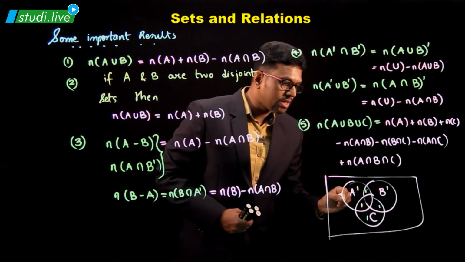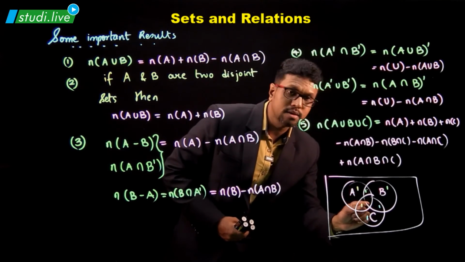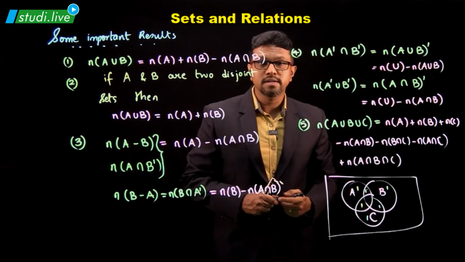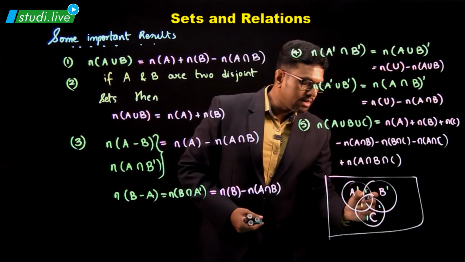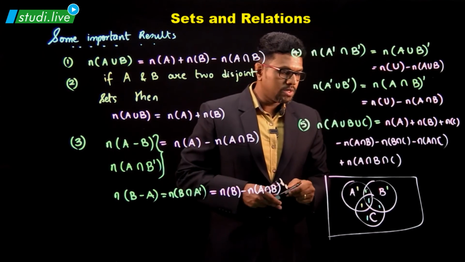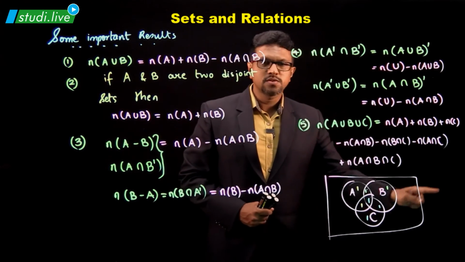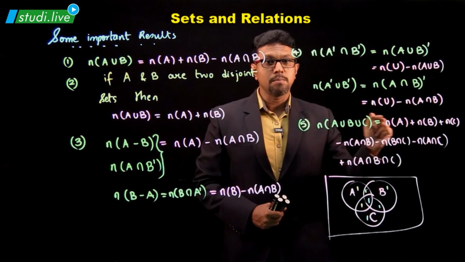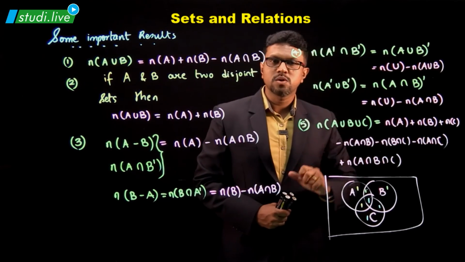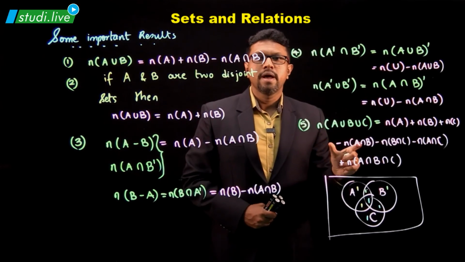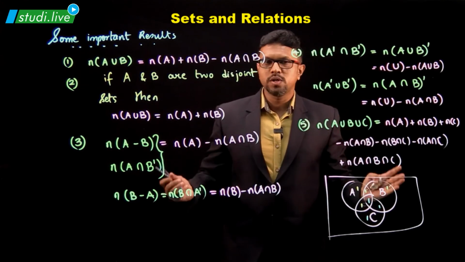But now, if you observe, the common element for all of the sets is not counted at all right now. So we add that part in the end. And now we are getting all the parts counted exactly once. That is why this formula is n of A plus n of B plus n of C minus n of A intersection B minus n of B intersection C minus n of A intersection C plus n of A intersection B intersection C. Hopefully this video was understood by everyone.